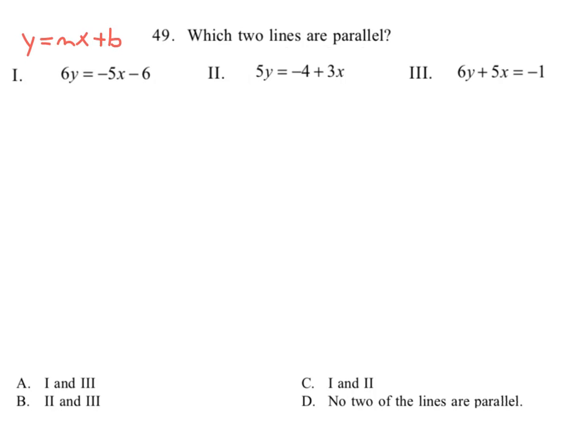So what do we need to do on this first one? We need to divide everything by 6. So we can say 6y divided by 6 equals negative 5x divided by 6 minus 6 divided by 6. Okay? And we've got y equals negative 5/6 x minus 1. The minus 1 is not the relevant part. What's relevant to us is the slope right here of negative 5/6. Okay? We're going to do the same thing for